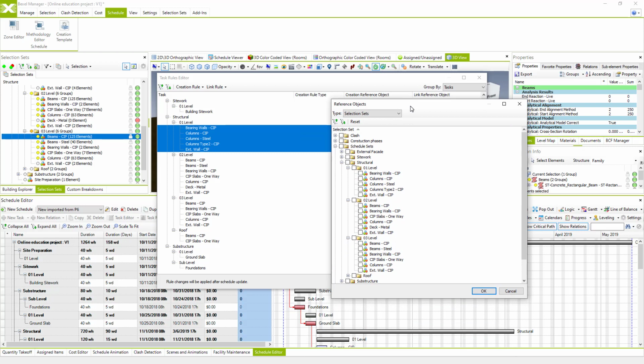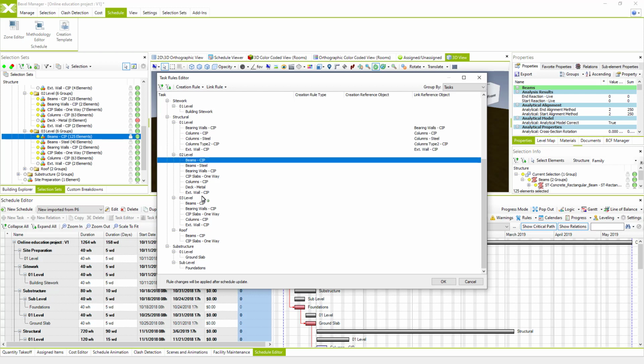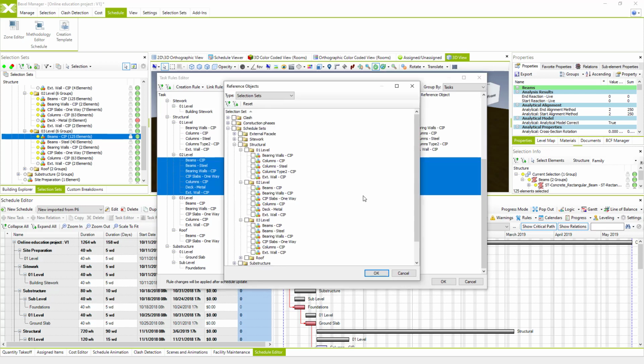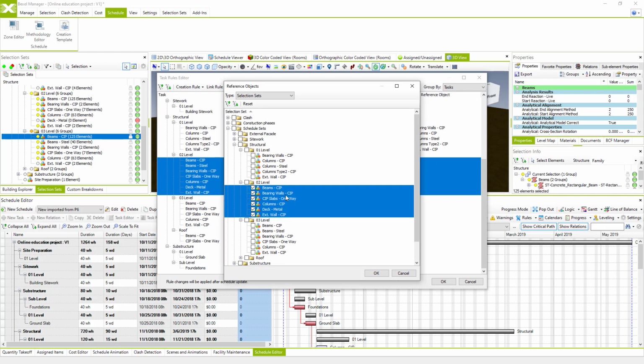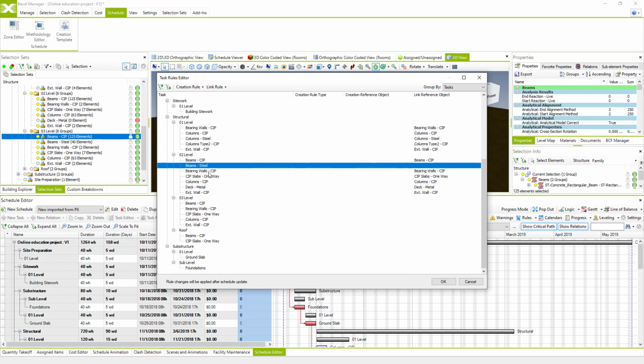So in this case we can choose or select all the selection sets from the level 1 of structural works, hit OK, and the system automatically recognizes their name and matches them, or actually links task and selection sets according to the name. And it's really much faster and easier, and we can repeat it for all other leaves or leaf tasks from the imported schedule. I'm gonna repeat it for the level 2. If we have the same names, we can do it automatically. In this case, the beams, we don't have the selection sets for the beams, so I'm gonna ignore it